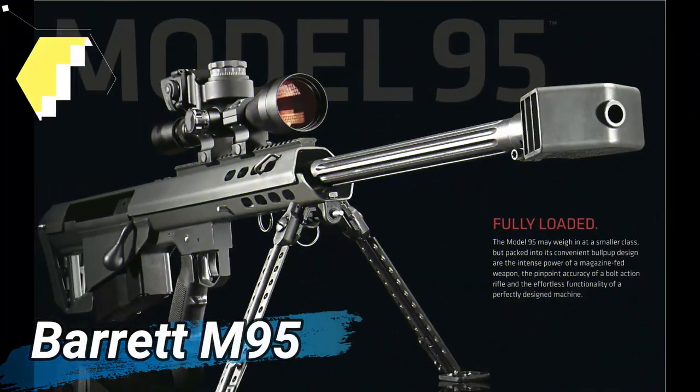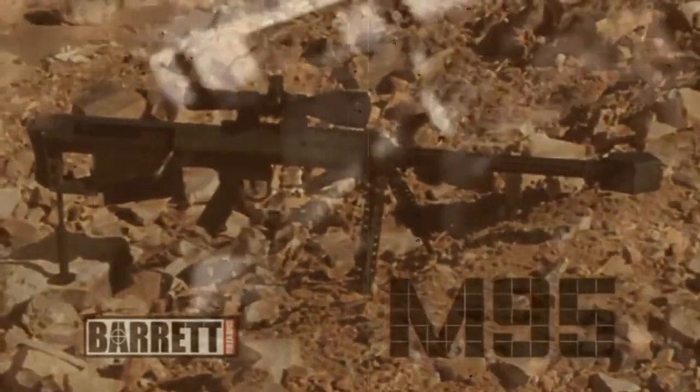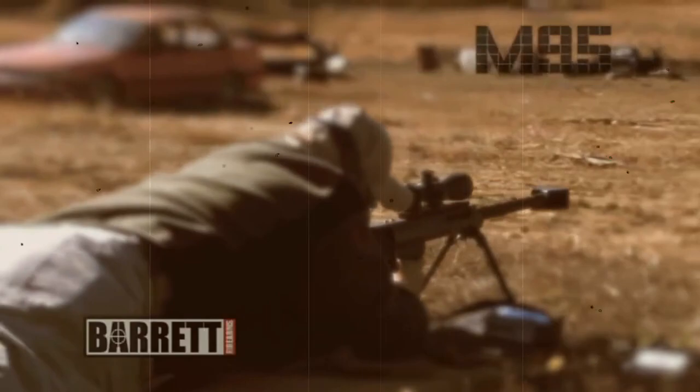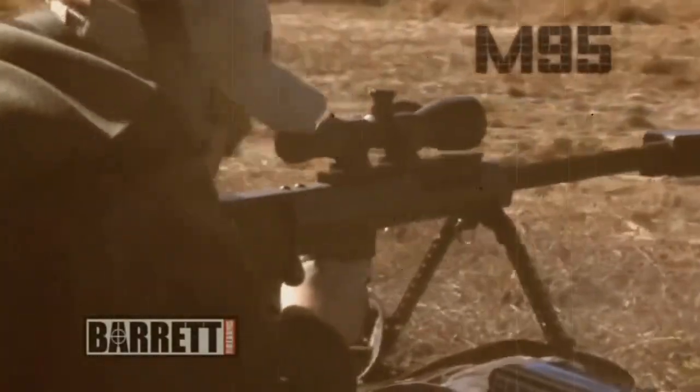Number 6. Barrett M95. Moving back into the world of military rifles available to Joe and Jane civilian, the Barrett M95 is another very accurate bolt-action rifle chambered for the 50 BMG. This one is also designed for anti-material work. While it wasn't adopted by the US military, as Barrett's M82 won the contract instead,